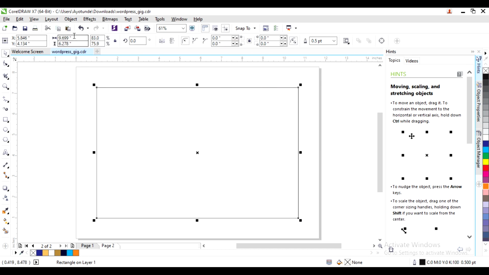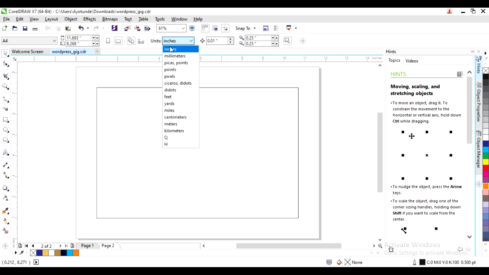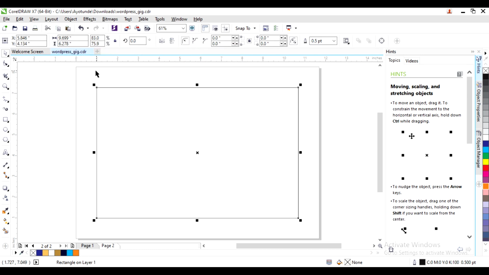There is a recommended size for the rectangle. First, you have to switch your measurement units to inches. It should be in millimeters by default, so you switch it to inches here, and you click on the rectangle and come to the box over here and type